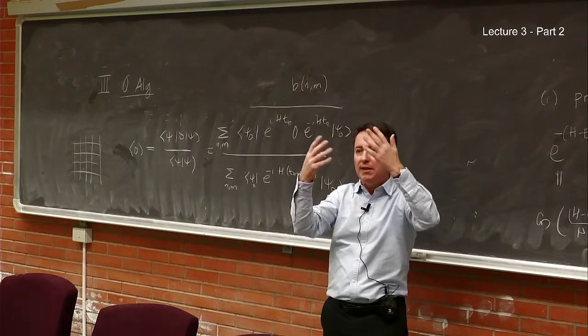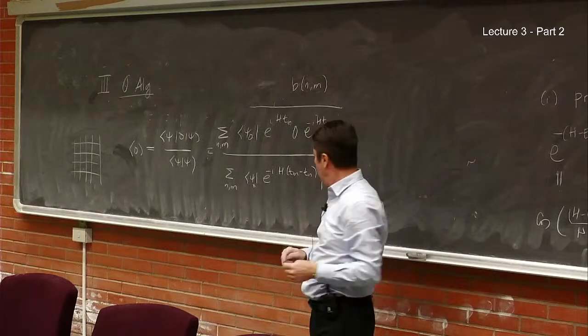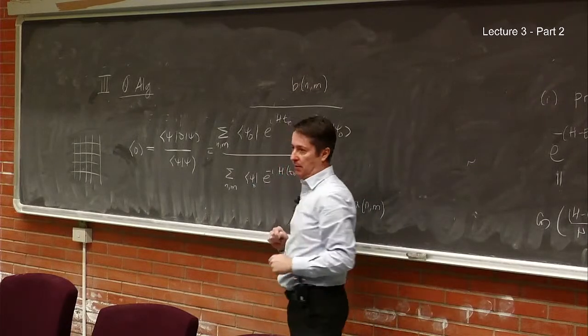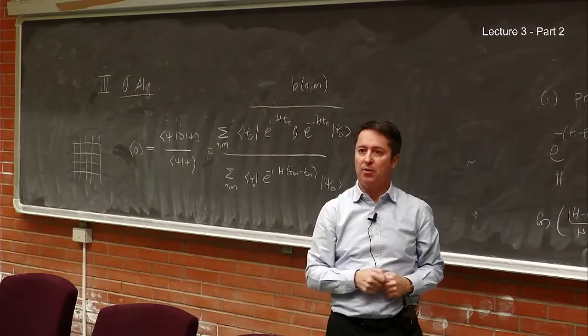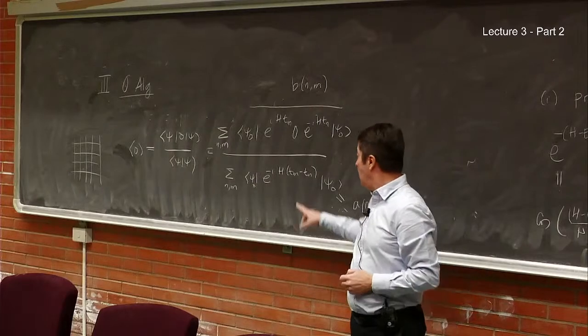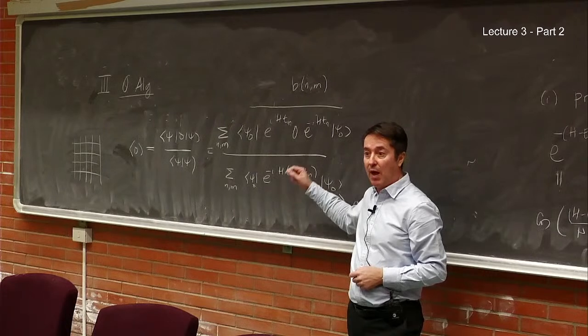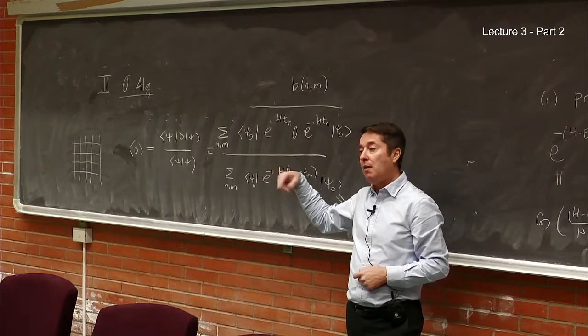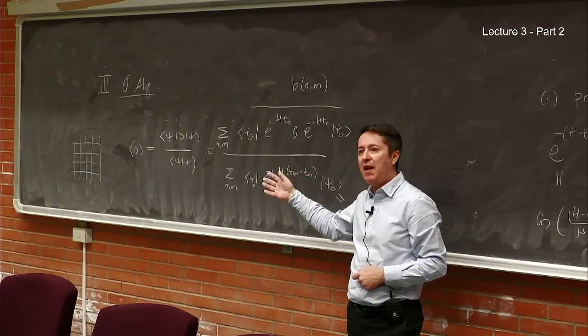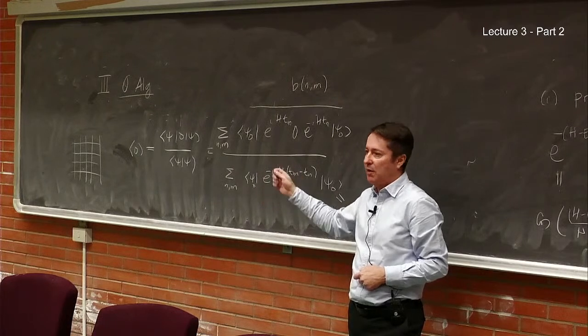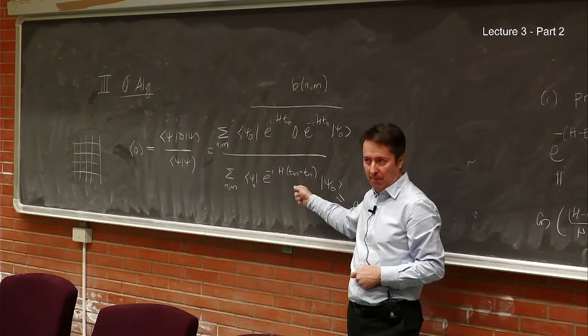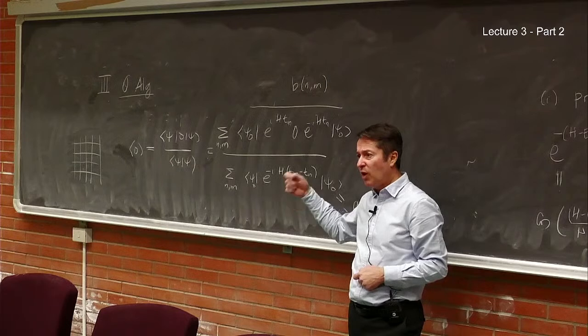You repeat it many times, and you will get the absolute value of this quantity. So that's how you will measure the absolute value. Now, this quantity is, in general, complex, so you'll have to get the phase. There's an algorithm to measure the phase, which is also efficient. It's called the Hadamard test.